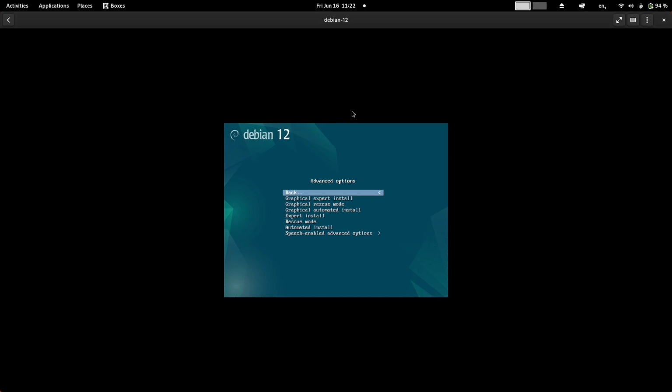In advanced options, you have graphical expert install, graphical rescue mode, graphical automated install, expert install, and then a plain rescue mode. This rescue mode is, I think, from the terminal, and this is the graphical rescue mode and automated install. And then the speech enabled advanced options, like the expert speech install, rescue speech mode, and the automated speech install. So we will go back, we will again go back